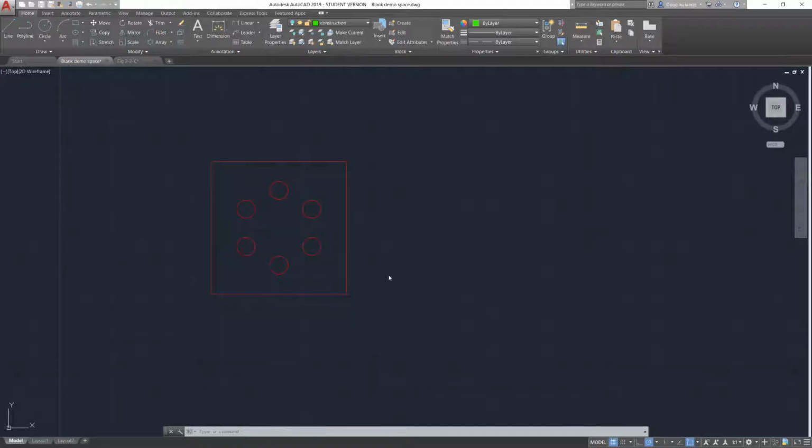Okay folks, this is a quick tutorial about array. Array is the tool that allows us to make things that look like this. So we can see that we have these circles in a circular array, we would call it, around a point in the middle. So if we wanted to recreate this, we would do something like make a box,